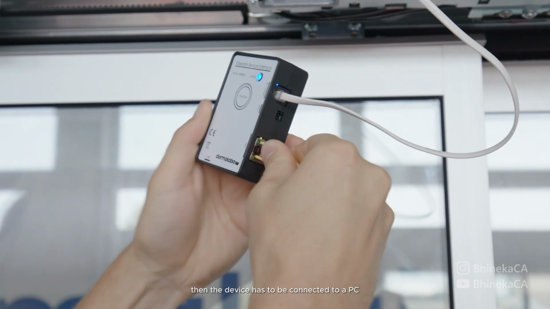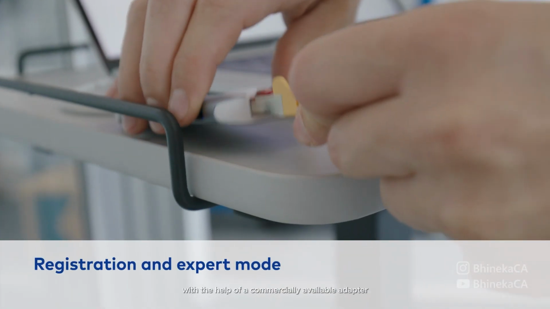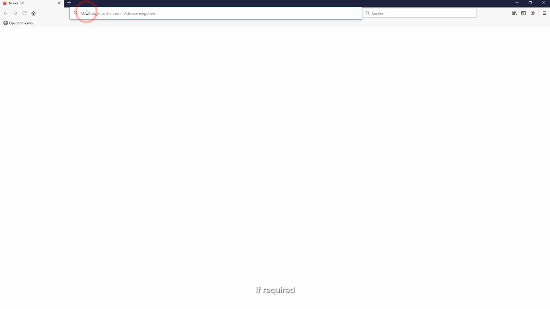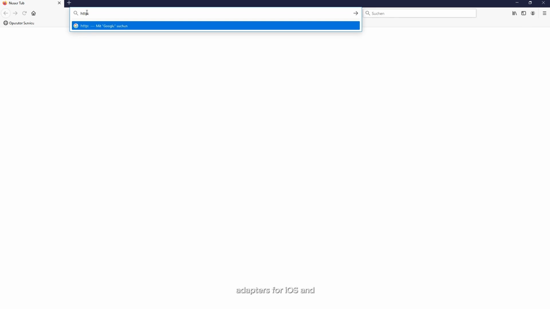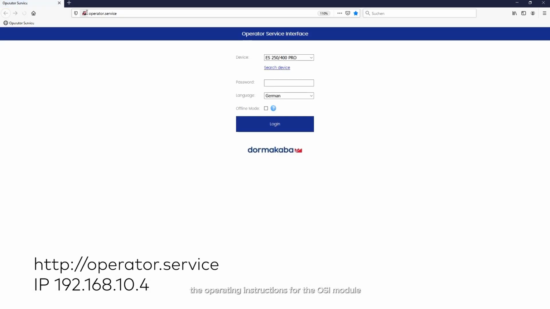Then the device has to be connected to a PC via an Ethernet cable. With the help of a commercially available adapter, this can also be a smartphone or tablet. If required, adapters for iOS and Android can be ordered from dormakaba. The user interface is accessed by entering Operator Service or by using the IP address given in the operating instructions